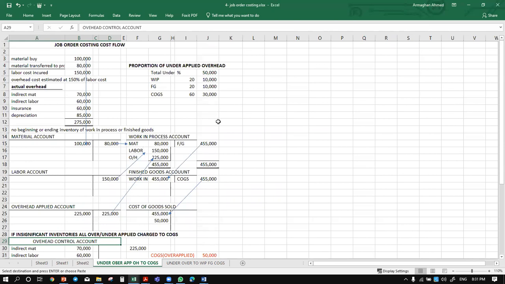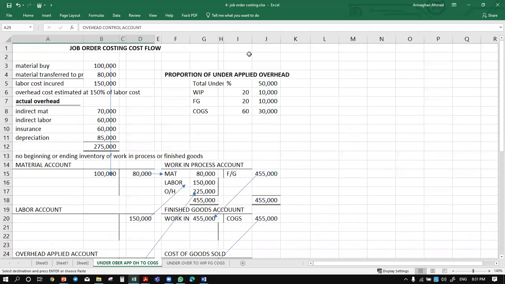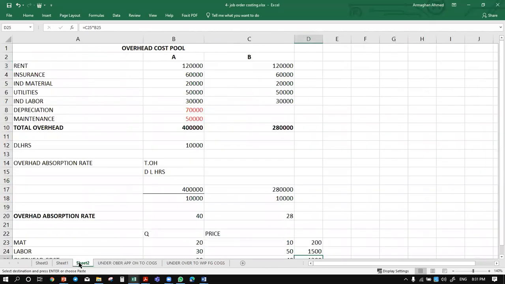Now here, if you see, I have made a little example, and I'll be working here. Let's see, we have job order costing, and material we are buying for 100,000. If we buy the material for 100,000,